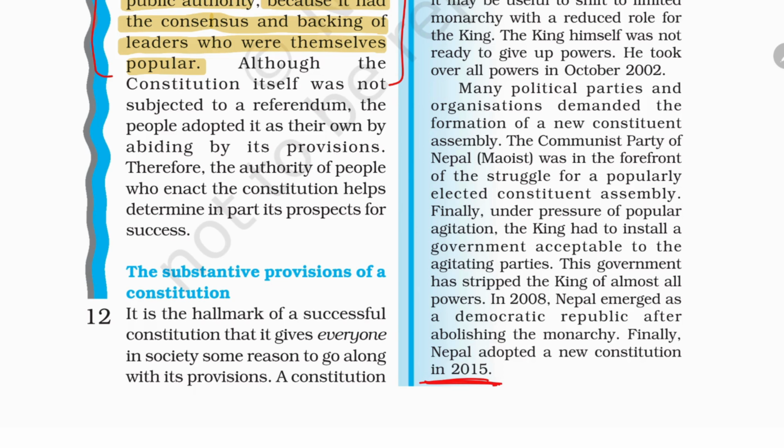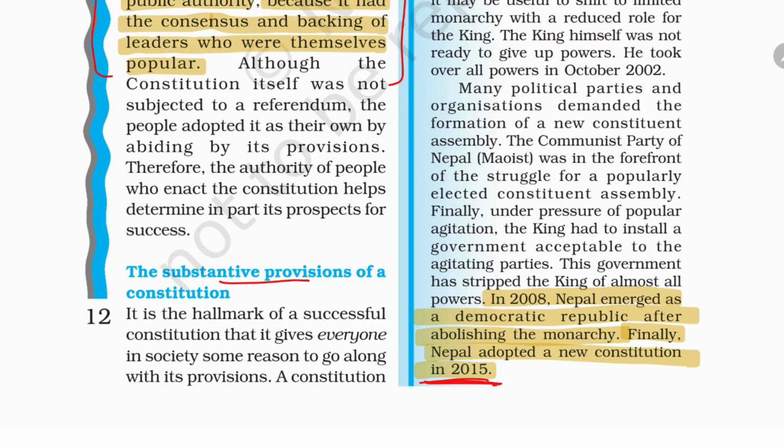This is a factual thing which you can just remember, although there are not very many chances of it coming, UPSC is known to pick up random facts from NCERTs. So this is a random fact and can be important. So kindly highlight the portion the way I have highlighted on the screen. Moving forward,